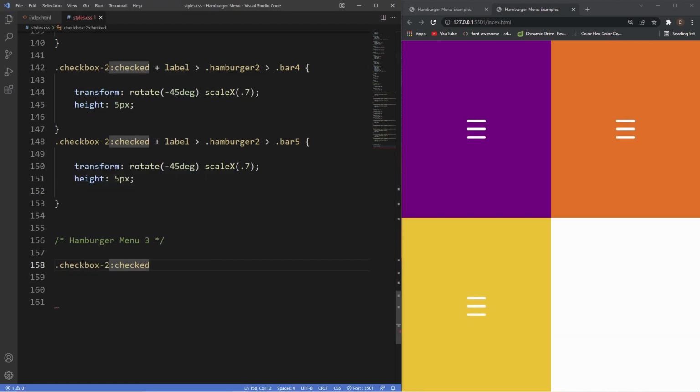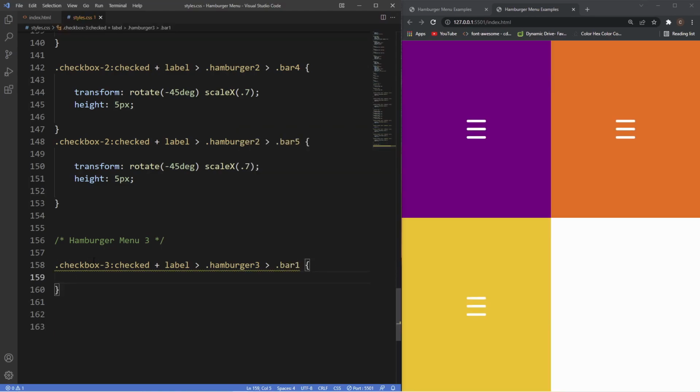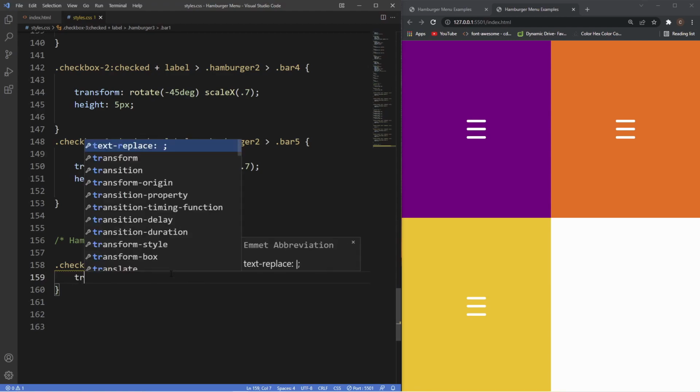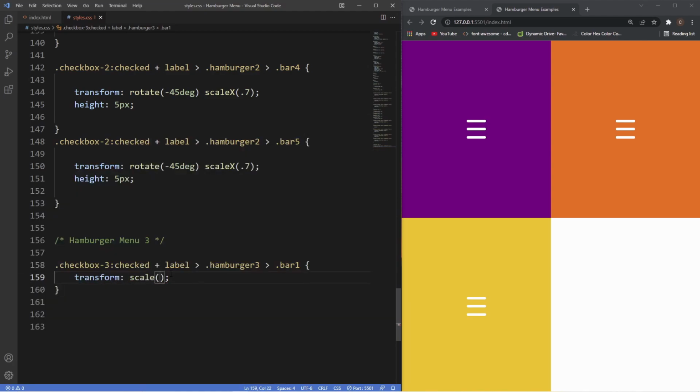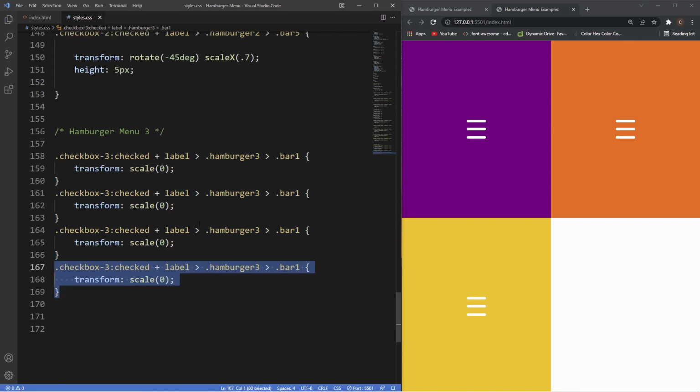So instead of 2, checkbox 3, then plus the label, angle bracket again, hamburger 3, angle bracket, bar 1, and then for bar 1 we want the top bar to disappear, so what we're going to do is grab the transform property, scale 0, duplicate this a few more times, so for bar 4 we want the scale to be 0 as well,